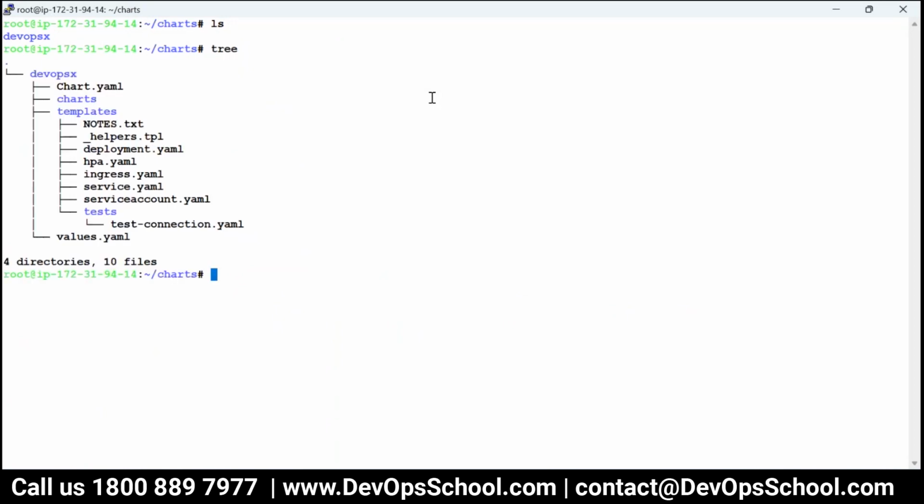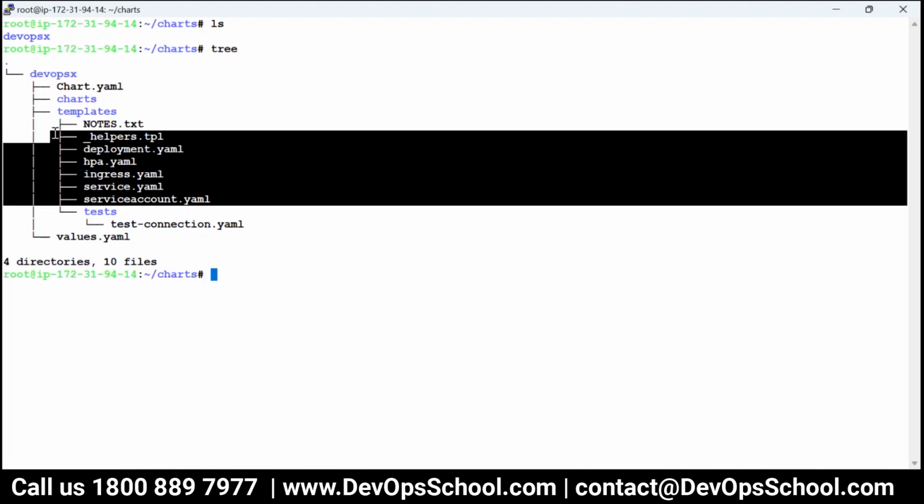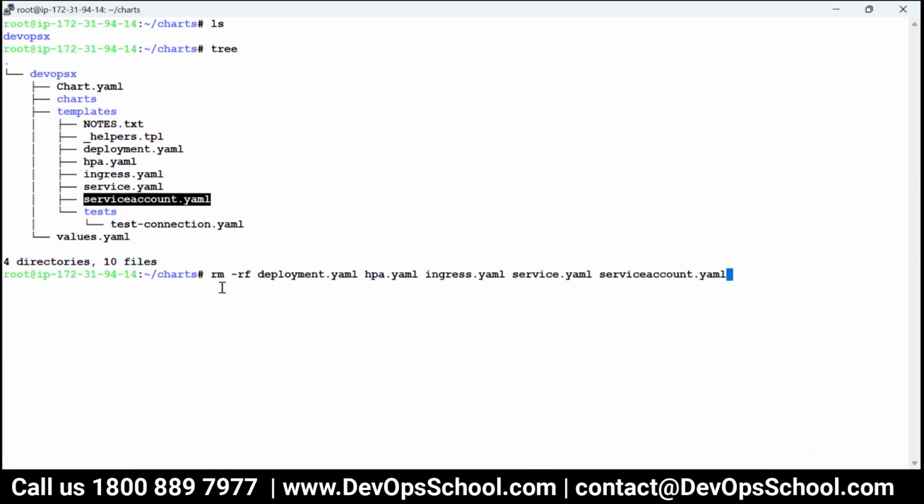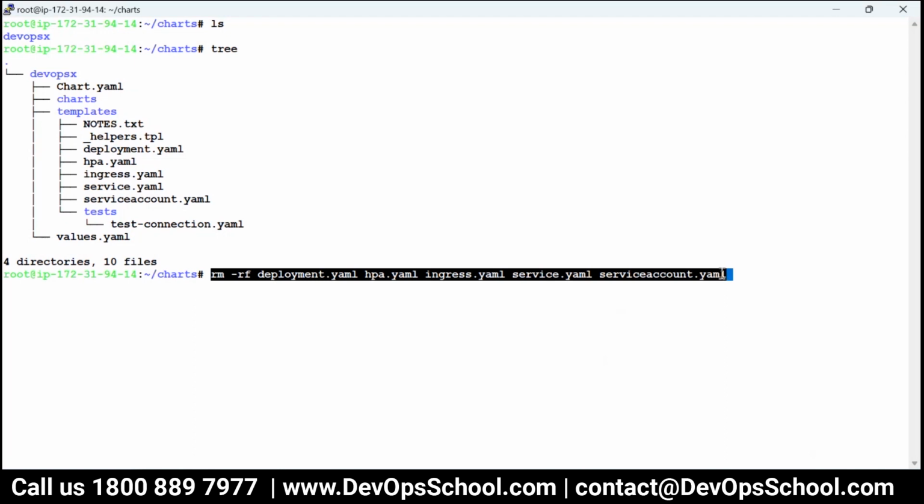So now these files, this file, this file, these are the template files. You can modify them. But what I'm going to do, you know what? I'll delete all these files, because I want a very basic chart to be deployed. Very basic chart. No service, nothing. So here, everything I'm deleting. And now if you see that,